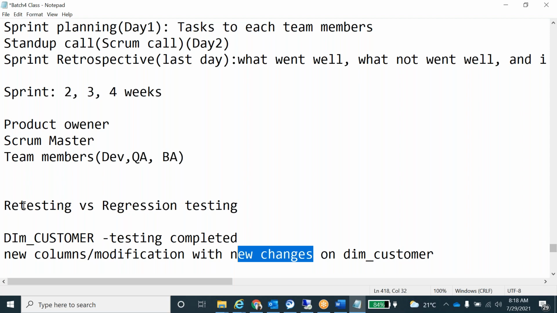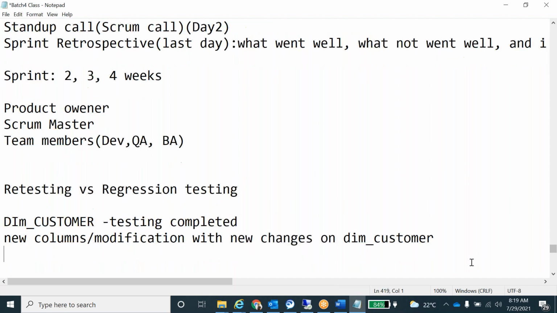Clear, guys? Retesting versus regression testing. This is important. They will ask, guys. Every interview they will ask. The sprint retrospective they will ask a question. The retesting versus regression testing they will ask. One more thing they will ask, the